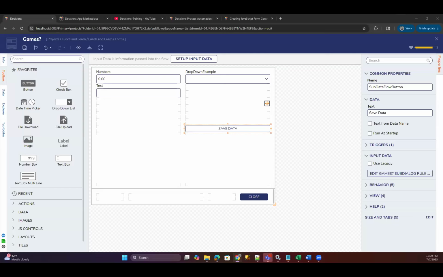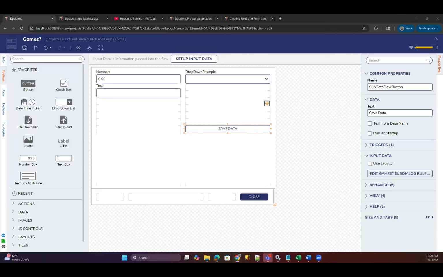I'm not sure that was right or wrong. I put a bunch of inputs, because the only thing needed to save this particular form is the information on the form and a primary key value, which I've supplied through an input. Like if you hit set up input data, you just put the primary key value there. So that plus all the information on the form is the only thing required to save it, which is the primary key and obviously some data.